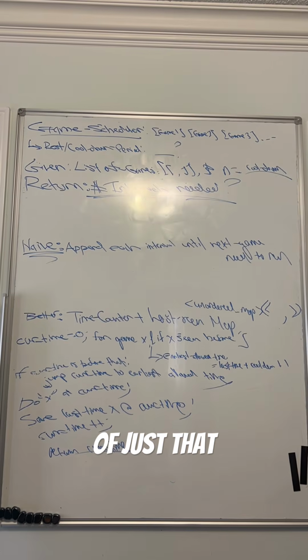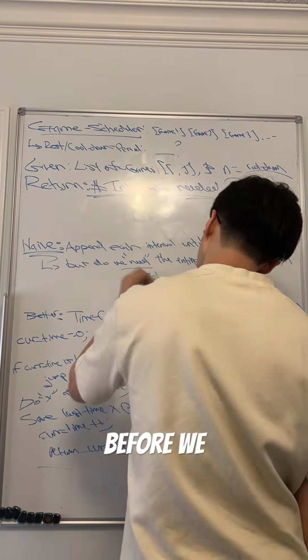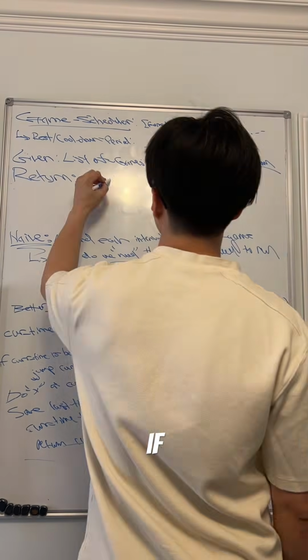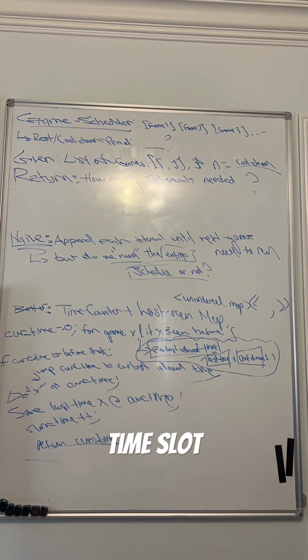Outside of just that, we want to think about it like for every given game, when is the earliest legal time that you can allocate this given game? So if the game has never appeared before, we can just do the game. And if that game has appeared before, then we need to calculate. The earliest next available time slot is the last time that the game needs to run plus the cooldown given that amount. So